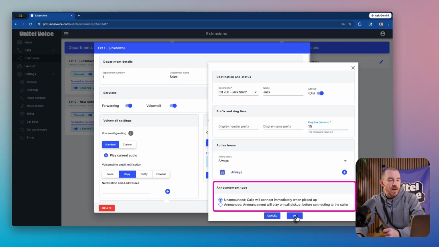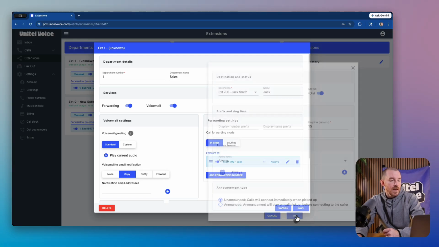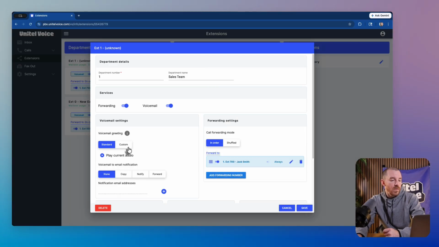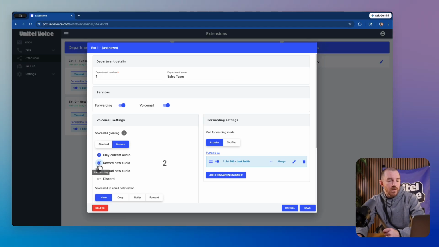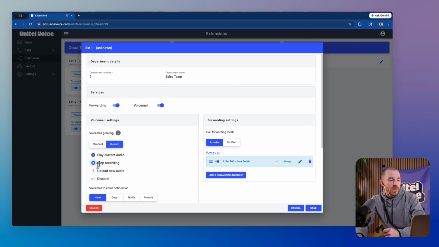But we really recommend leaving the calls unannounced. It's really for a specific use case. And then we want to go down and adjust our voicemail here and customize it. I'd like to record a custom voicemail greeting for the sales department, and you can use your computer's mic or